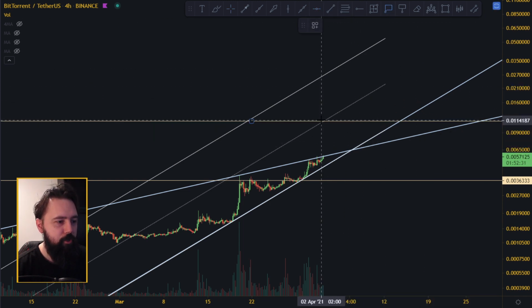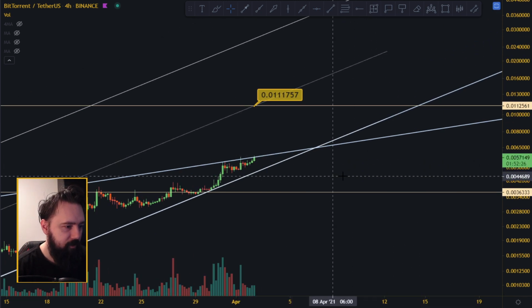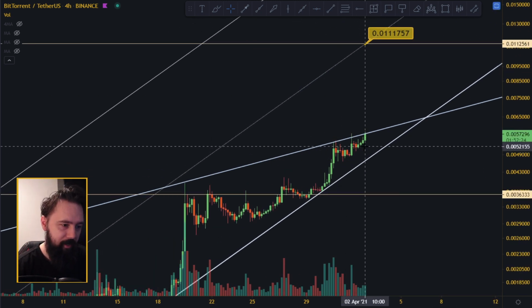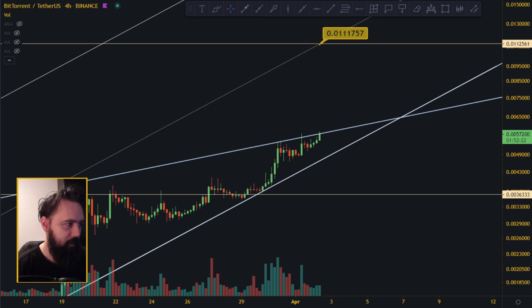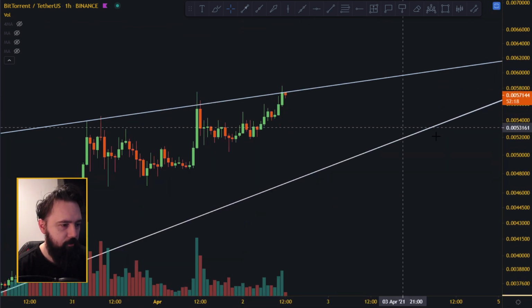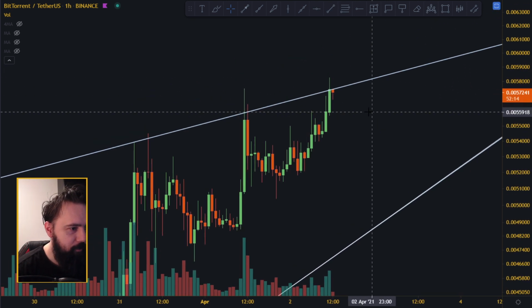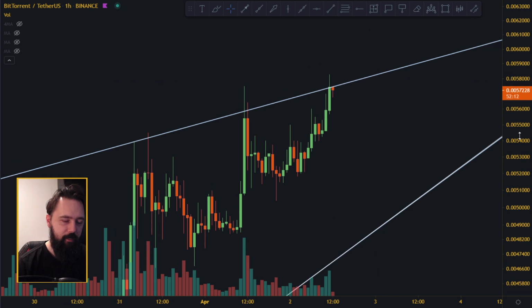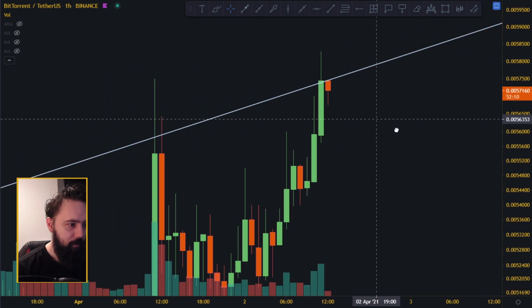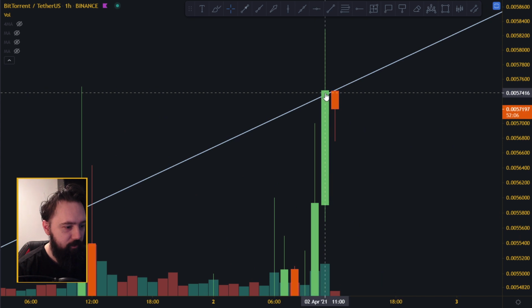So that's the target we should look for, and that's the target that I'm aiming for after this breakout up here. And I think it's gonna break any moment now. I'm looking at a 1 hourly chart, and you can see here we just got rejected on the 1 hourly chart right now. Did we actually break it or get rejected? I don't know. Can you see it? Can we zoom in a little bit more? Is this breakout confirmed over here?